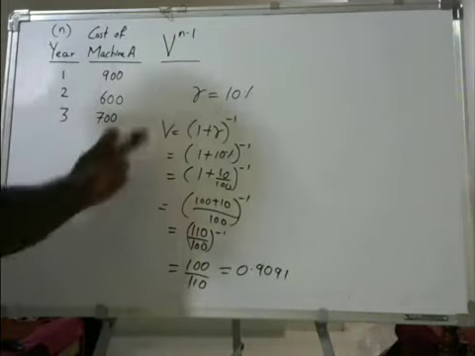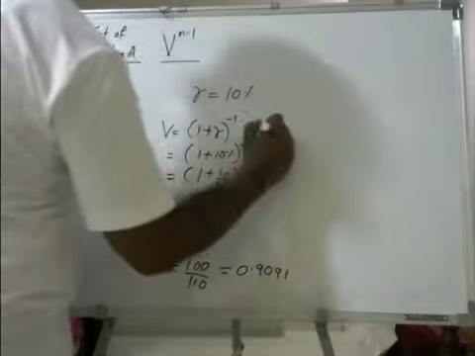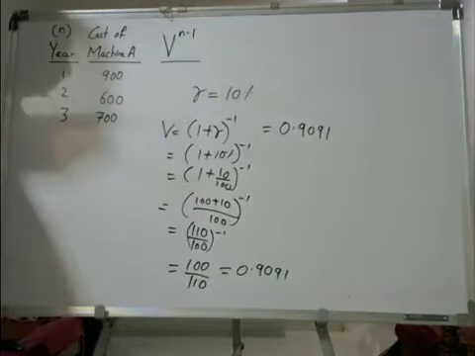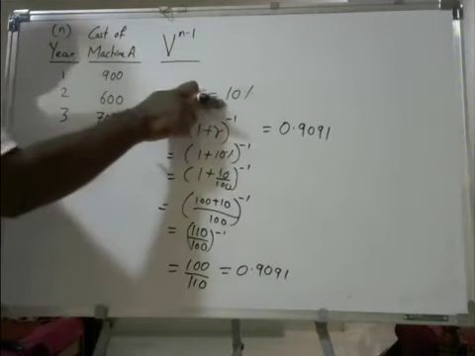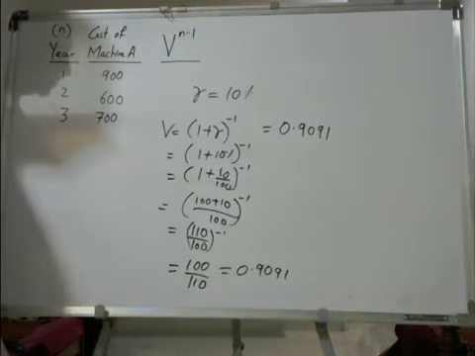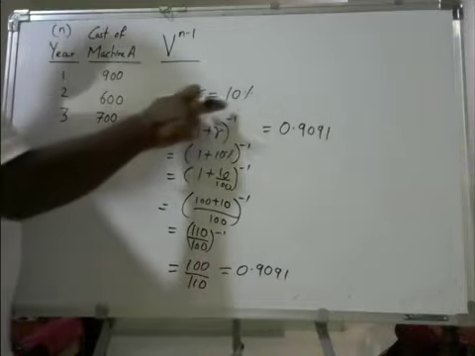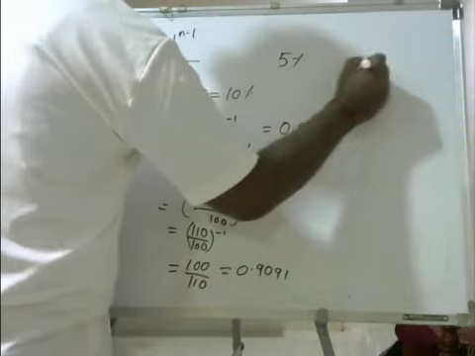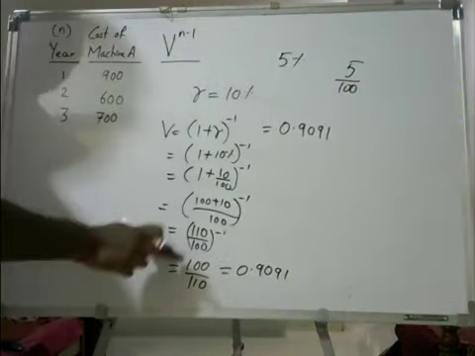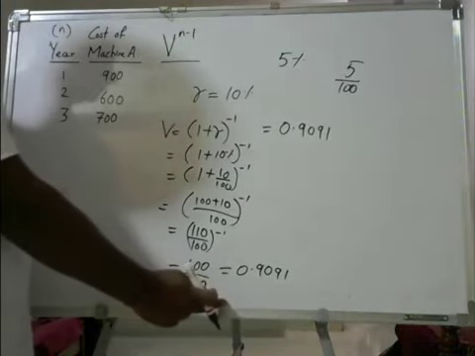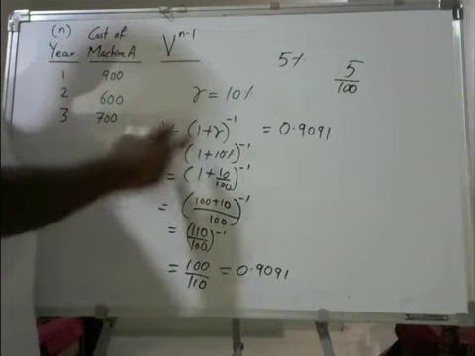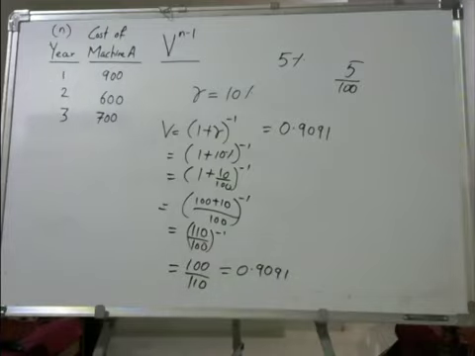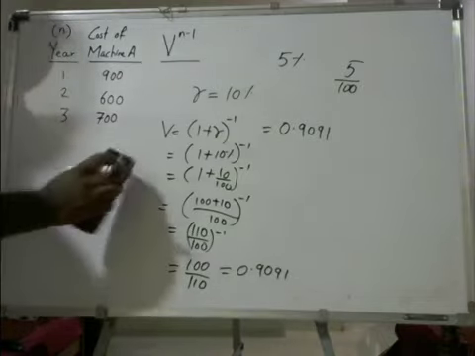Okay, so since we have got this V value, that is equal to 0.9091, we can write this value. For 10% it is 0.9091. So if the percentage changes, now let's say they give you 5%, you have to take 5 divided by 100, put it in the same way, and you will get the answer for V. Usually, most of the problems use the R value, the rate of interest, as 10%. It is easy for you to calculate, or you can remember this figure.